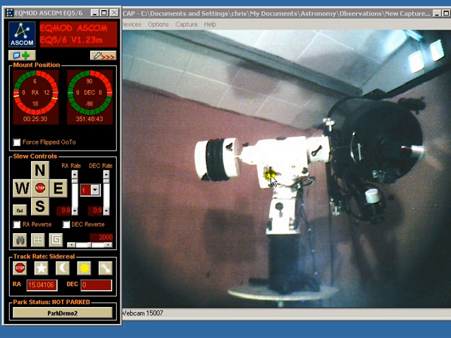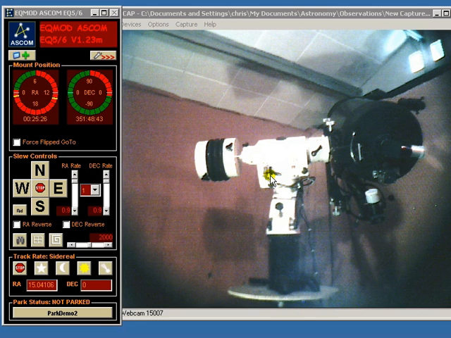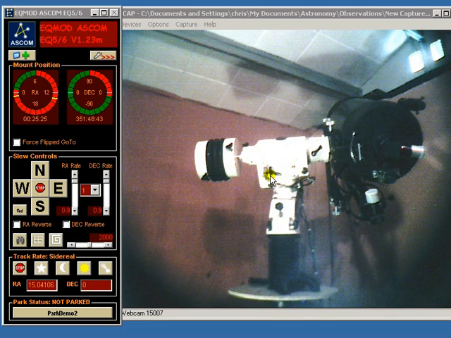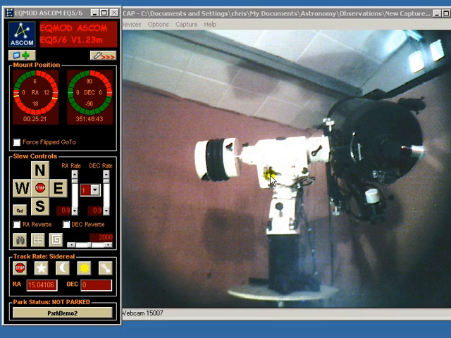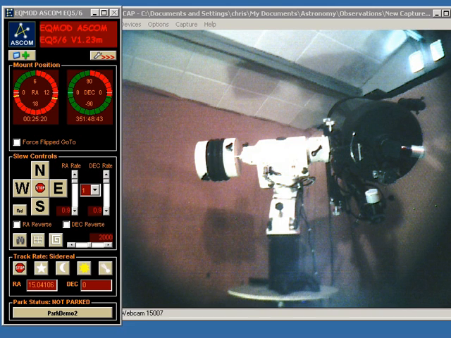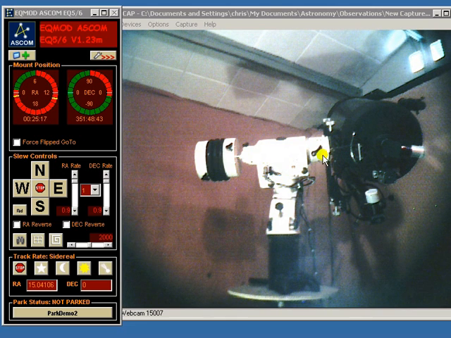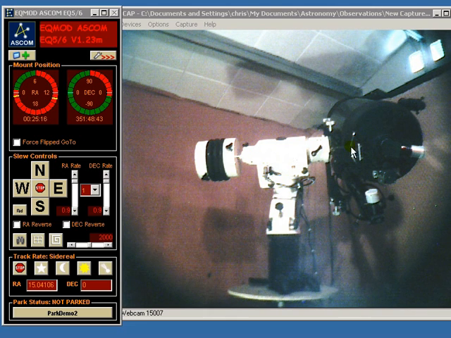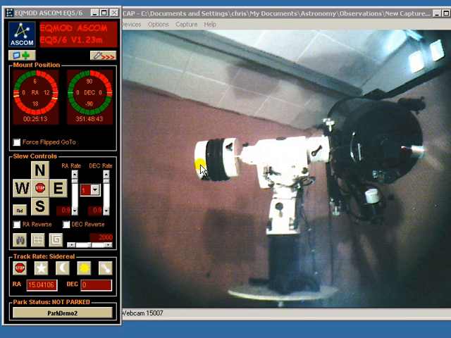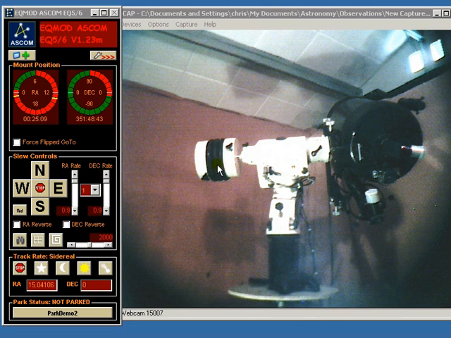I've pre-positioned the mount to point at an object close to the meridian, and so the counterweight bar is almost horizontal, but not quite. The scope is still above the counterweights. If I wanted to force a flip so that I'm pointing at the same object,